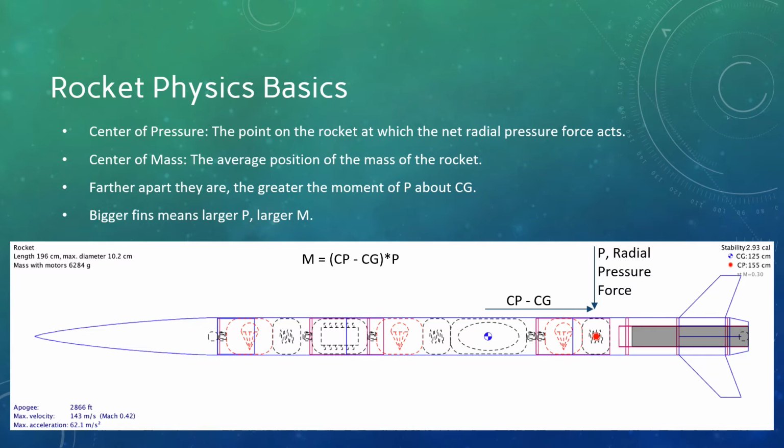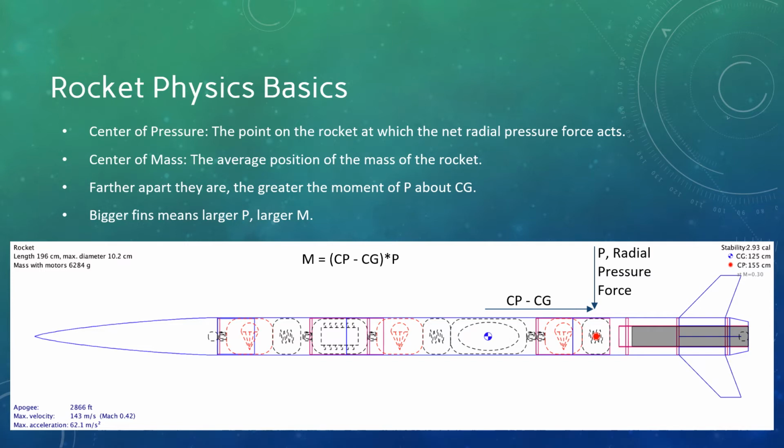The center of pressure is determined largely by how big the fins are relative to the rest of the rocket, because as you can imagine, if you make the fins bigger, then if the rocket is traveling in a non-axial direction, that is, it's not traveling along the line from its tail to the tip of its nose cone,